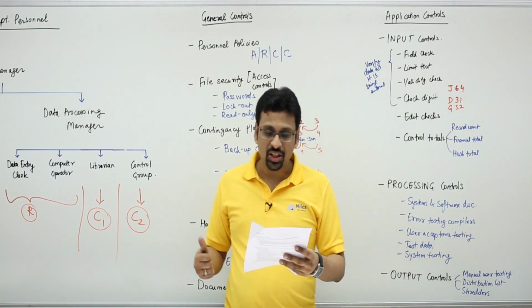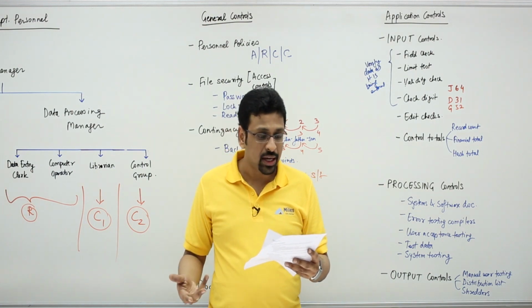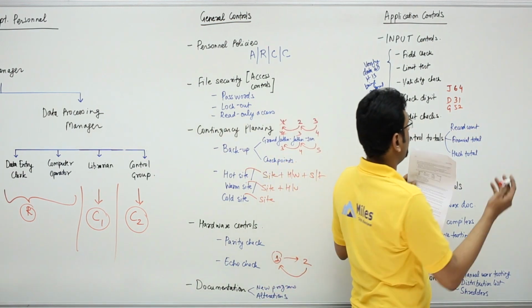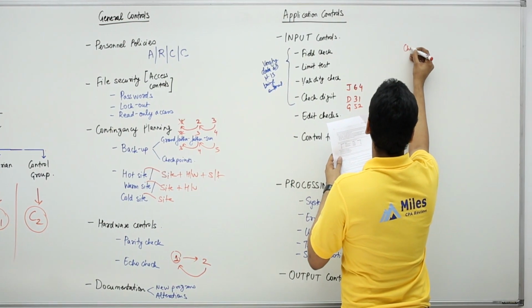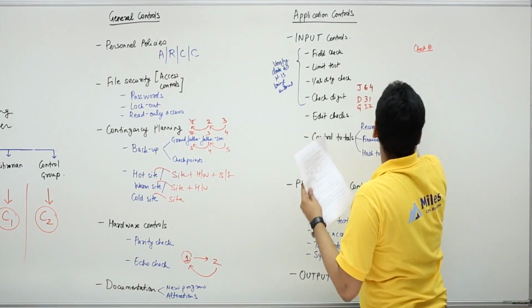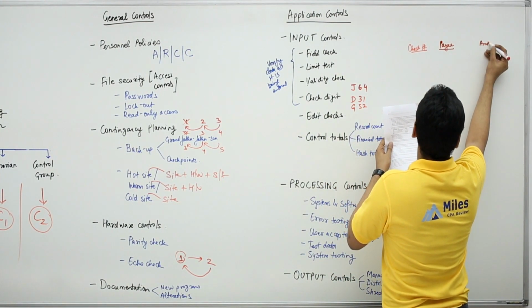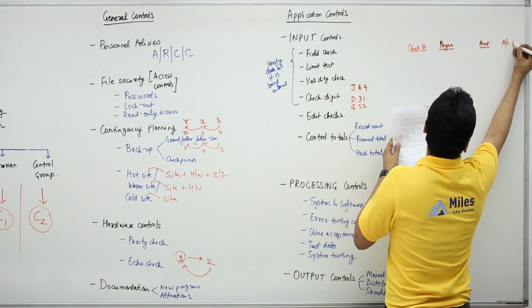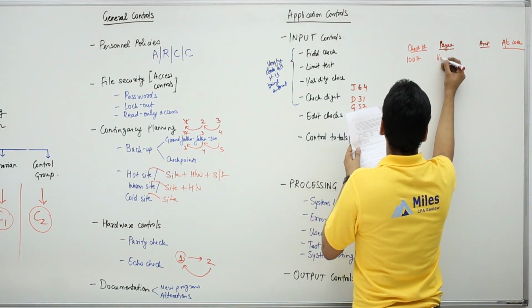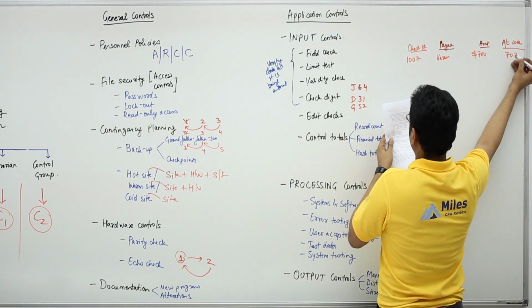It says, assume that the checks written during a particular day are being entered into a checkbook program and that the data input clerk is working from the following sheet to make the entries. So let me put that on the space that we have here. You have the check number, the name of the payee, the amount in dollars, and the account code. Check number 1007, payee is Varun, it's $700, account code 707.